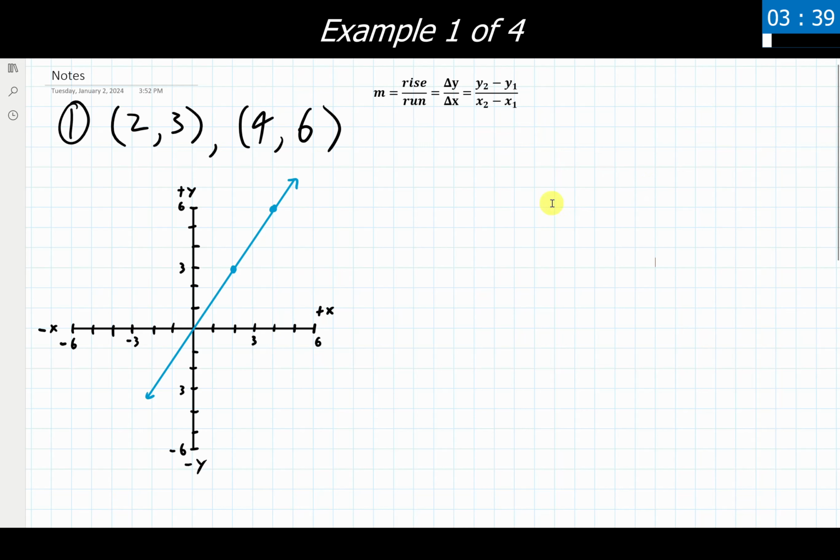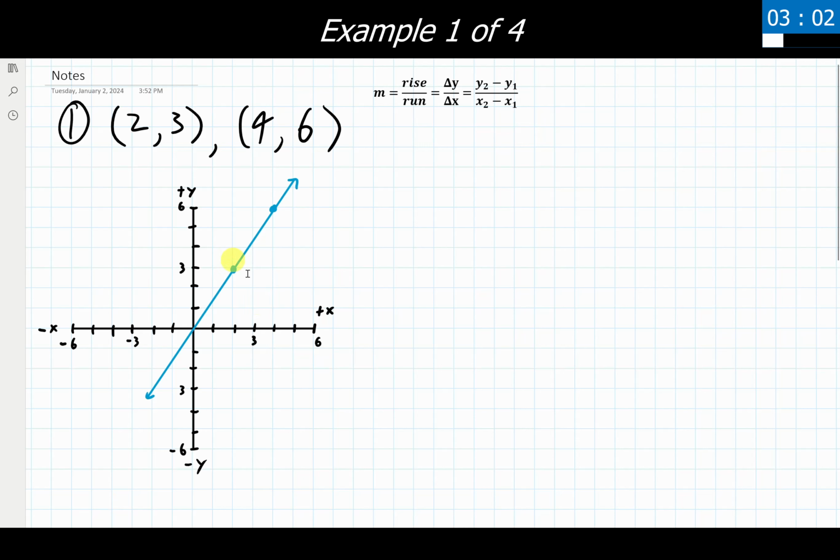Now, when we're doing this graphically, we have 2 points that are listed here. We need to figure out which point we are starting at and which point we are ending at. It does not matter which one you choose as the starting point and ending point. You just need to make that decision at the beginning and then commit to that. So I'm going to choose this value here as my starting point, and this point here is my ending point. Now, as per our process and our steps, we were told to create a triangle between them and determine the rise and the run.